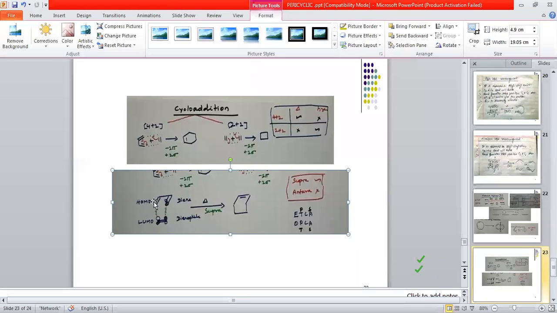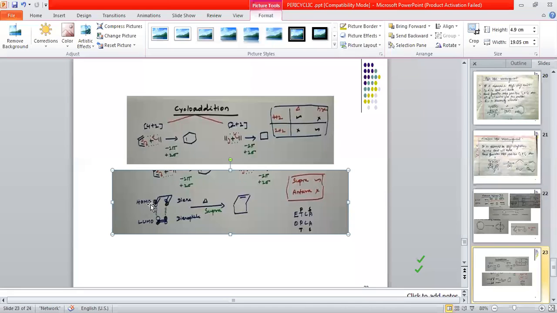Now we have to see the symmetry form: asymmetry and symmetry, so even LUMO symmetry and odd HOMO symmetry. There are 2 pi bonds, so the number of pi bonds is an even number. It means the LUMO will be symmetry and the HOMO will be asymmetry. That's why we have made the lobes here. With 1 pi bond, this will be symmetry, which means the LUMO will be asymmetry.